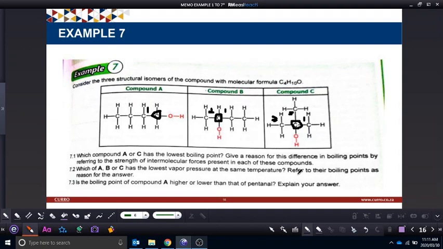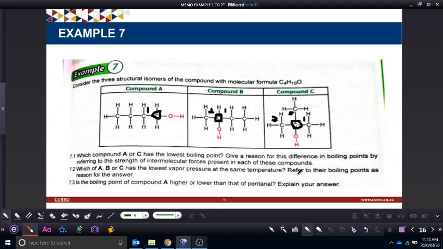I think we must just look at B as well, because B is a secondary carbon. So B is actually the one with the lowest vapor pressure because it's a secondary carbon. It will then have more intermolecular forces than